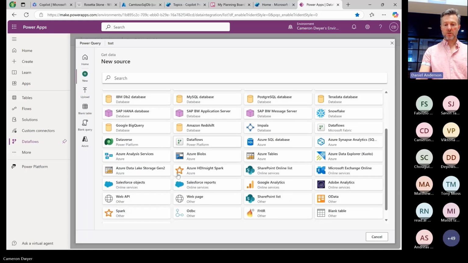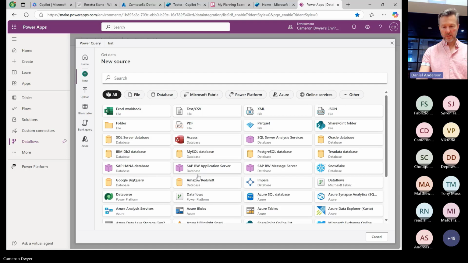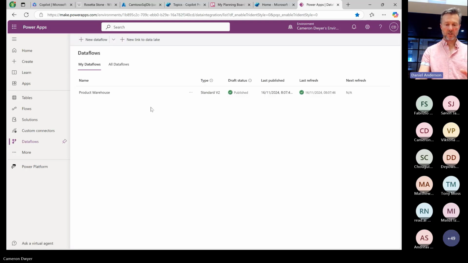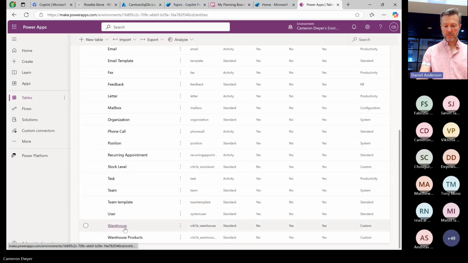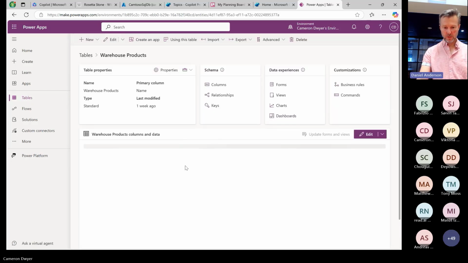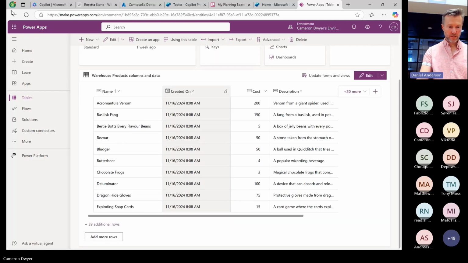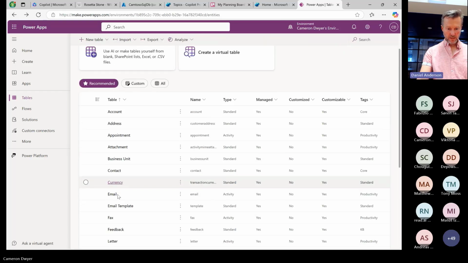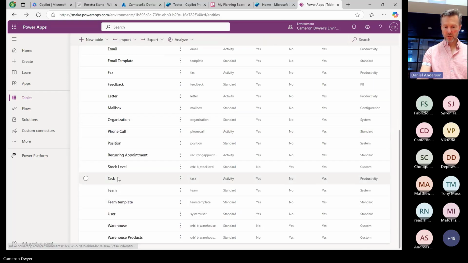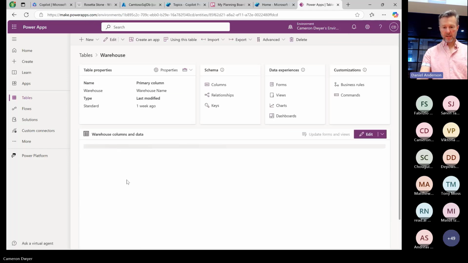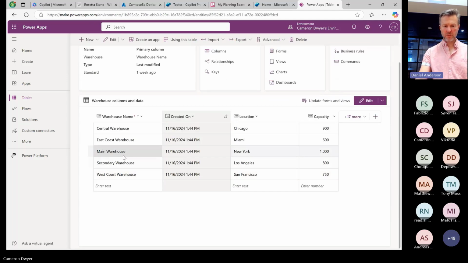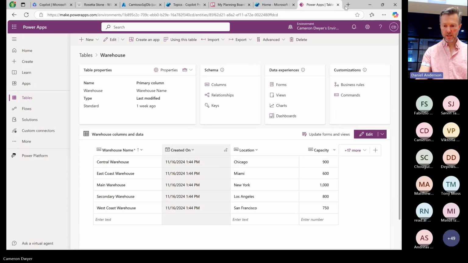It has all these different data sources that you can connect to. So all I've done, similar to what we did when we set up the agent connected to the database, is pull in our SQL database through this data flow, and that in turn has created three tables. The warehouse products table, which we're familiar with, the Harry Potter products are sitting inside of here. There we go, there's all the Harry Potter products. We also got a warehouse table and a stock level table. The warehouse has the names of the different warehouses in it, and then the stock level just tells us how much is in each warehouse.